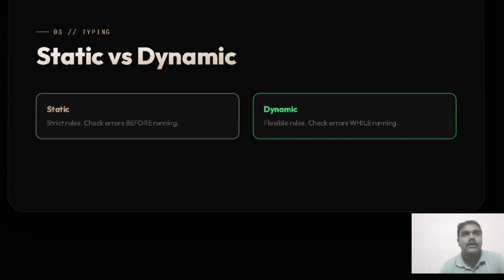Okay, that's it. Now while defining this variable name, in the case of Java and C, C++, we have to define the type of data we are about to put inside it. So in the case of name, it will be string name and then the value. But in the case of Python and JavaScript, we don't actually have to think about what kind of data will be inside the variable. It will be automatically initialized.